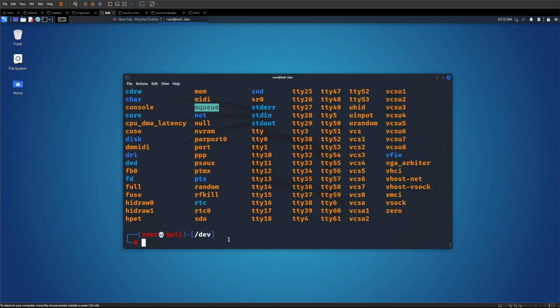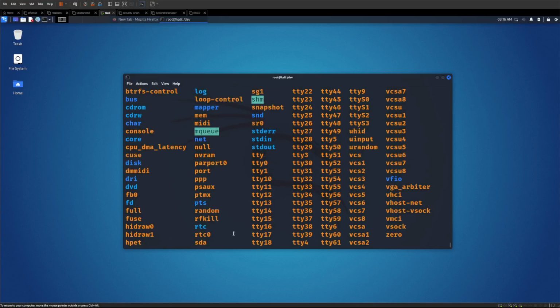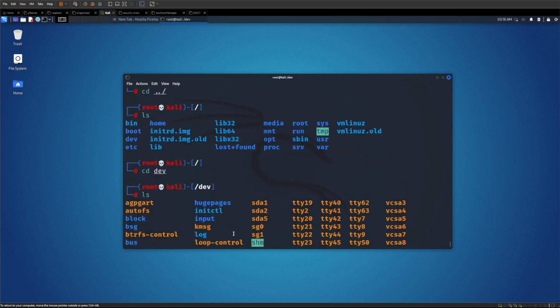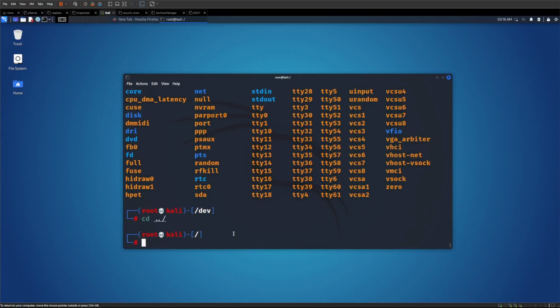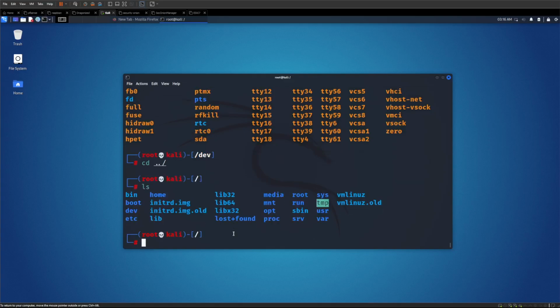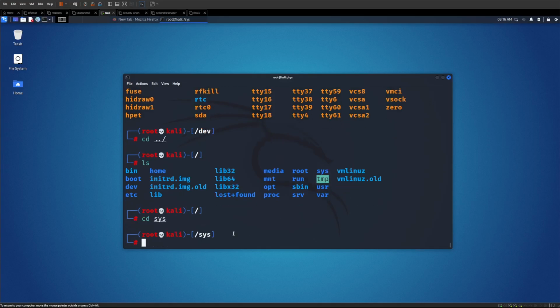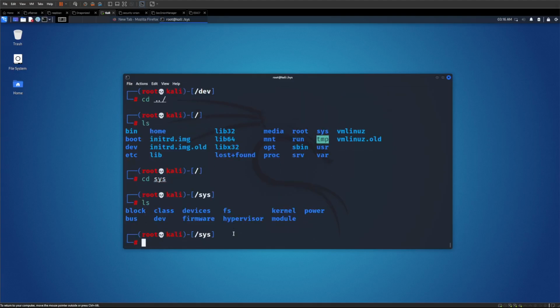ls, and as you can see, we have a lot of device files right here. Let's get out and cd, take a look into the sys directory. And as you can see,